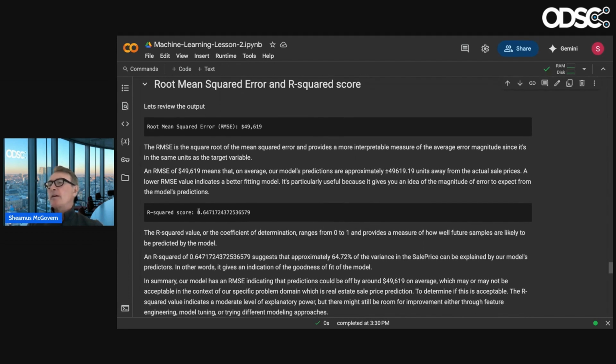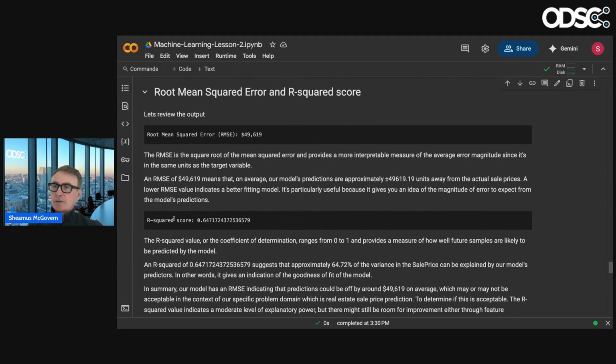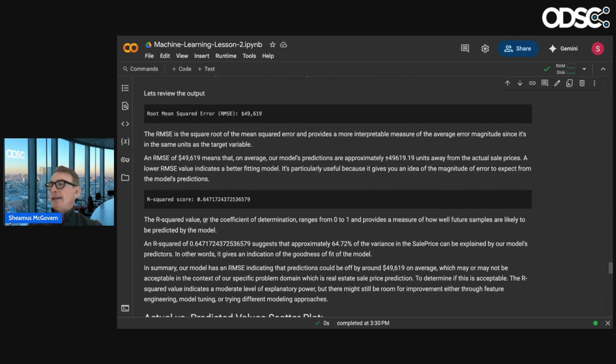This root mean squared error, or sorry, R squared, in conjunction with that is also very insightful. So what we're saying here is that 64% of the variance is explained by our model's predictors, right? So I would say 64 is not great. It's not as bad as you would think it is, but it's not great, right? It's better than nothing. But remember, this is out of the box, no tweaking, no hyperparameter tuning. This is our first case.